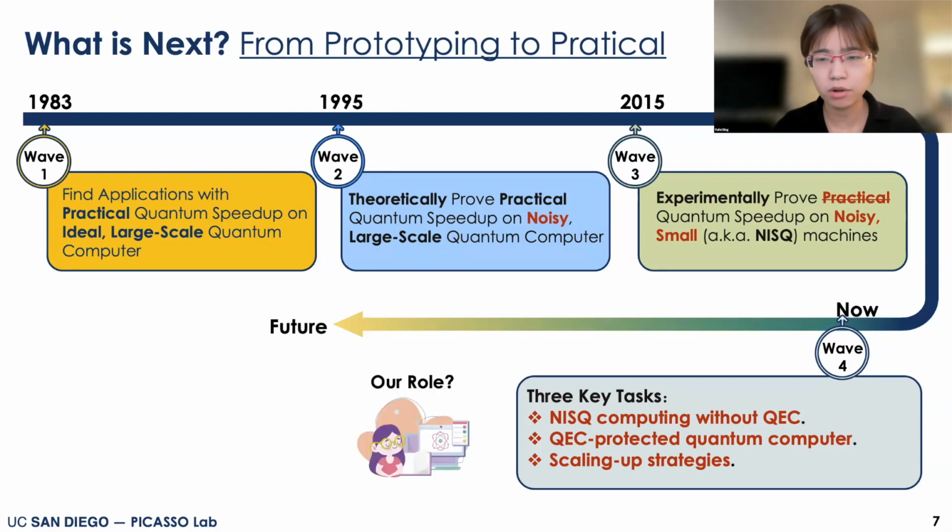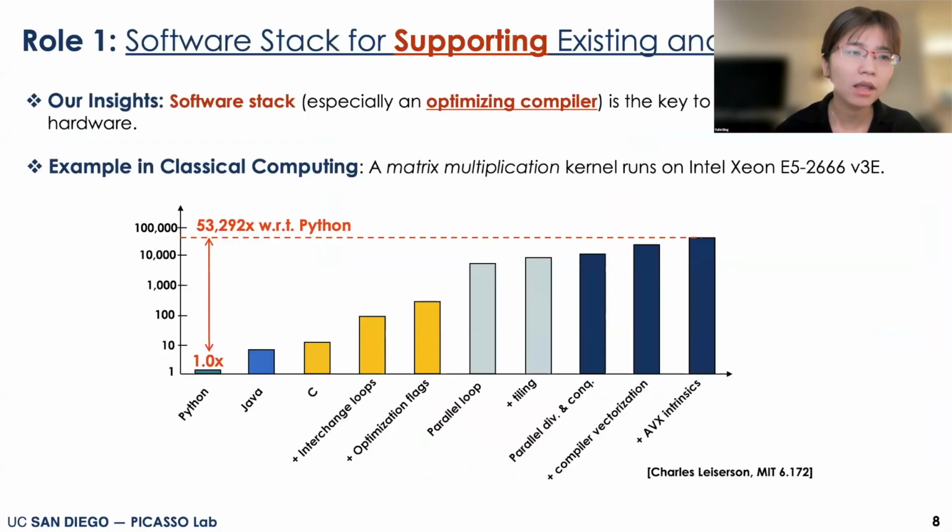And what is our role? I think there are a lot of things we can do, as we have decades of experience in optimizing our classical computers and tuning them for different practical applications in the most cost-effective way. And I believe our expertise matches perfectly well with this new wave. Especially, I want to highlight 2 important roles for us to play. The first role is more like a supporting role.